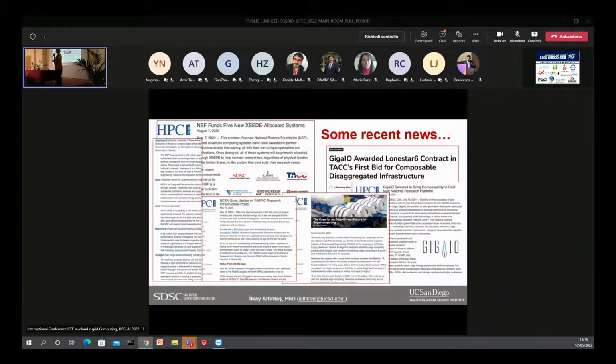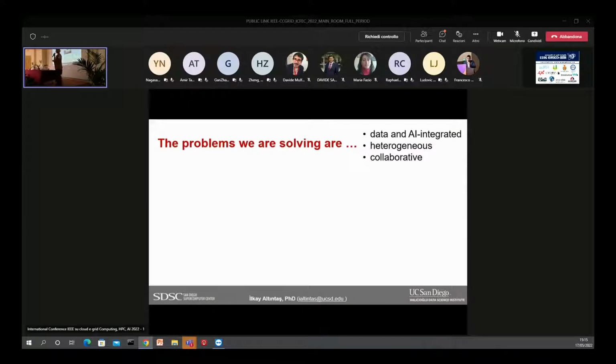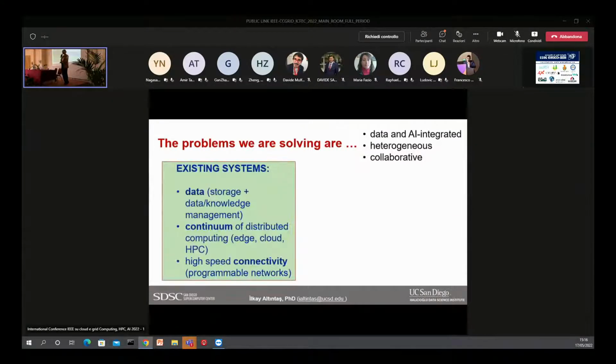So when you look at these, they point us to a direction. These are many systems, and they help us with data and AI integration. They help us with having access to heterogeneous systems. And they also make us think about collaboration. How do I work with these systems, collaborate with them, because they are not the type of systems I work with. And in existing systems, at the moment, data is not just storage anymore, it's knowledge systems, data